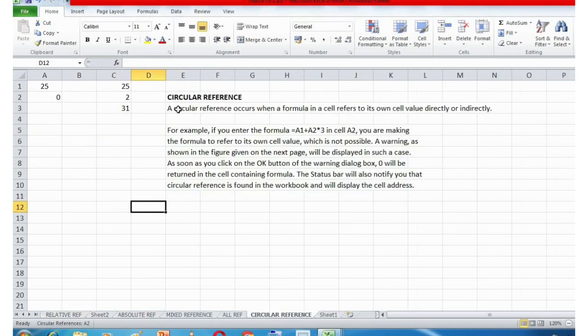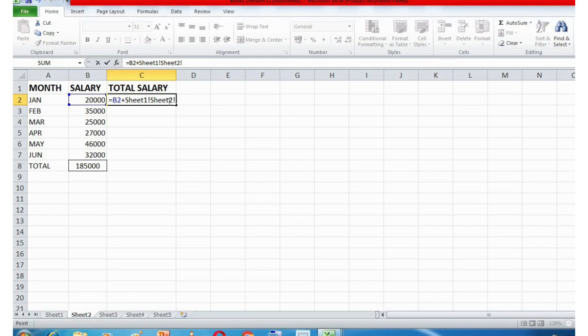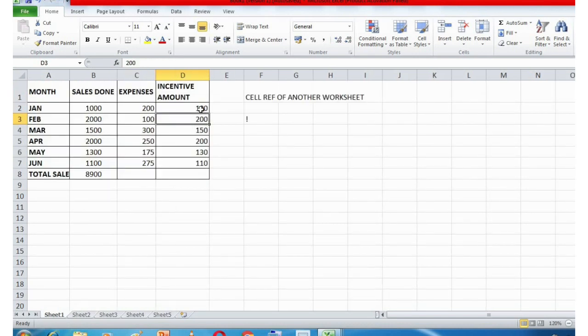So I am going to write this formula D2 and press enter. See, the total got changed now, 20,100. This 100 is coming from sheet 1.